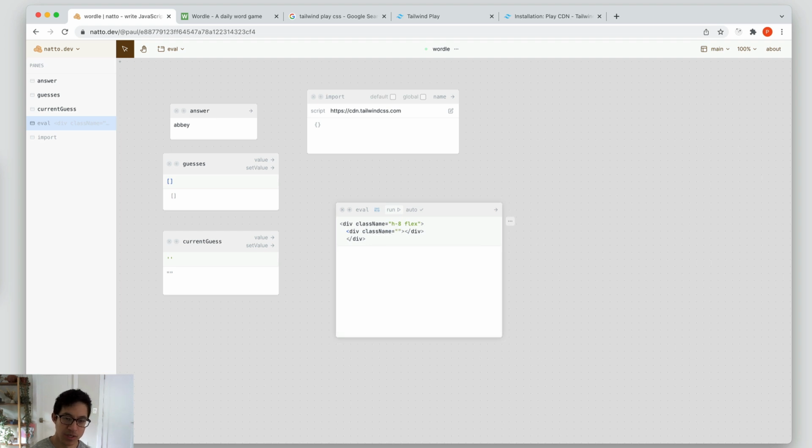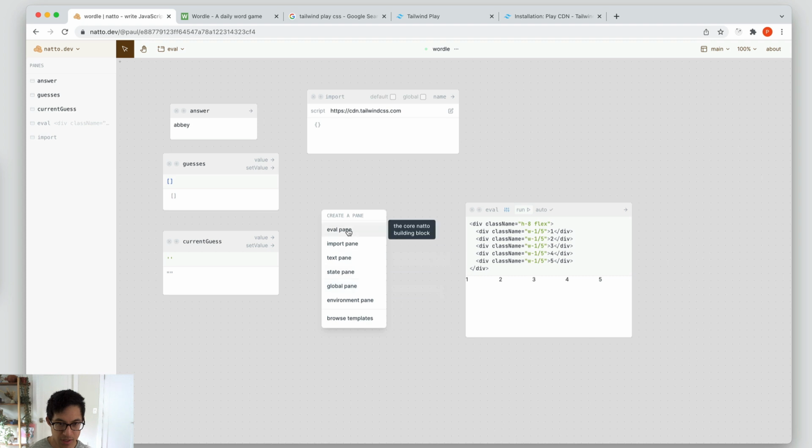Make each one, let's see, maybe you can just make them each 1/5. So we can obviously loop this up here, and then for each one,